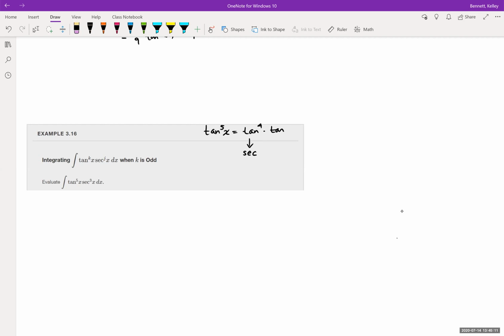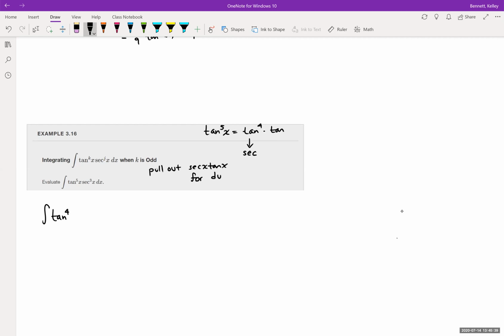So the idea is to pull out a secant tangent for du. And if my du is secant tangent, then my u we know should be secant. So let's split this all up. I'm going to write this as